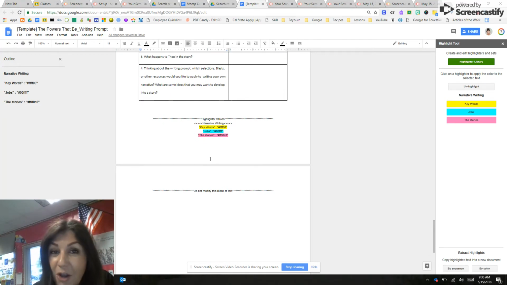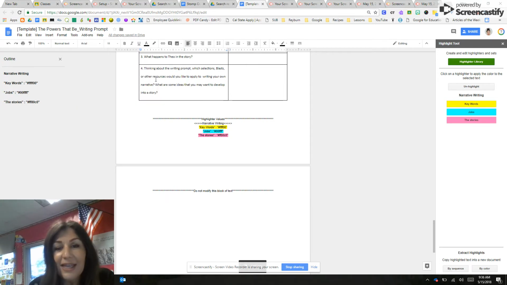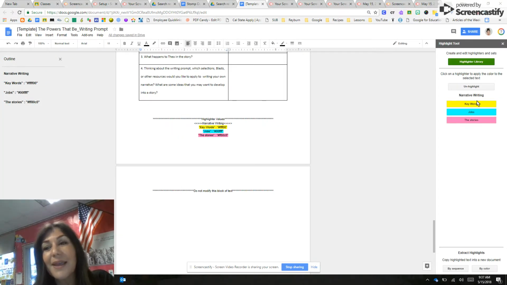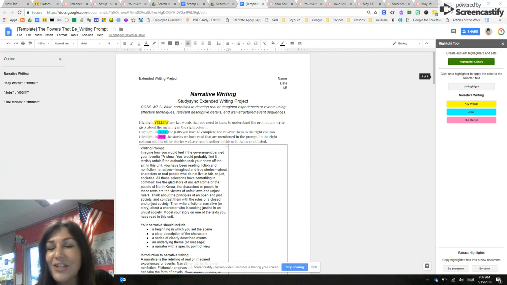So when they open this document, and they must already have the highlighting tool like we did, this pops up, and they click on import, and this comes up for them, and then they would click import. I'm going to press cancel because I already have it, and that would get them their sidebar tool. Hope that makes sense. Now to actually implement this amazing tool,